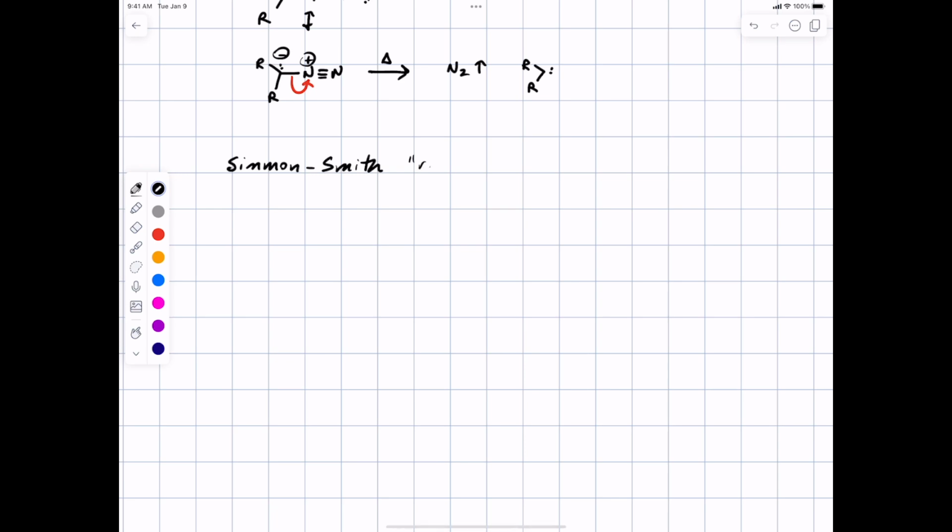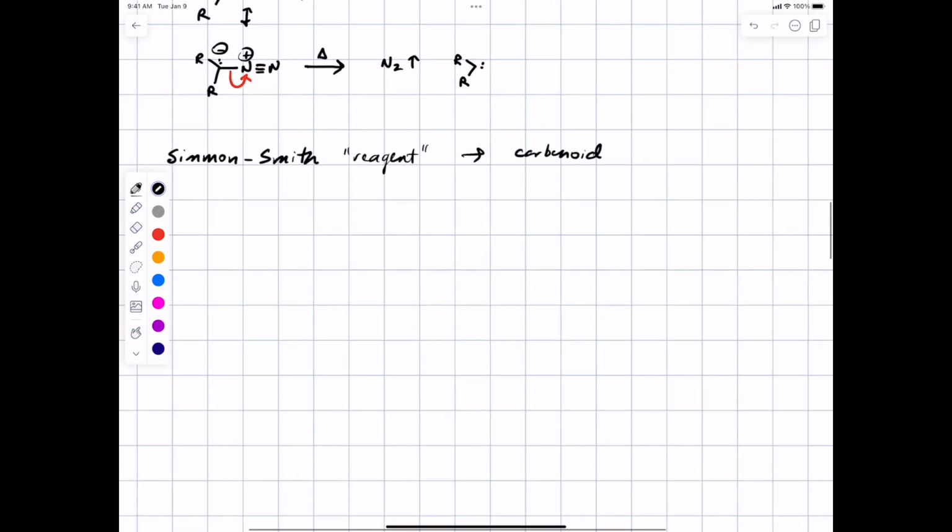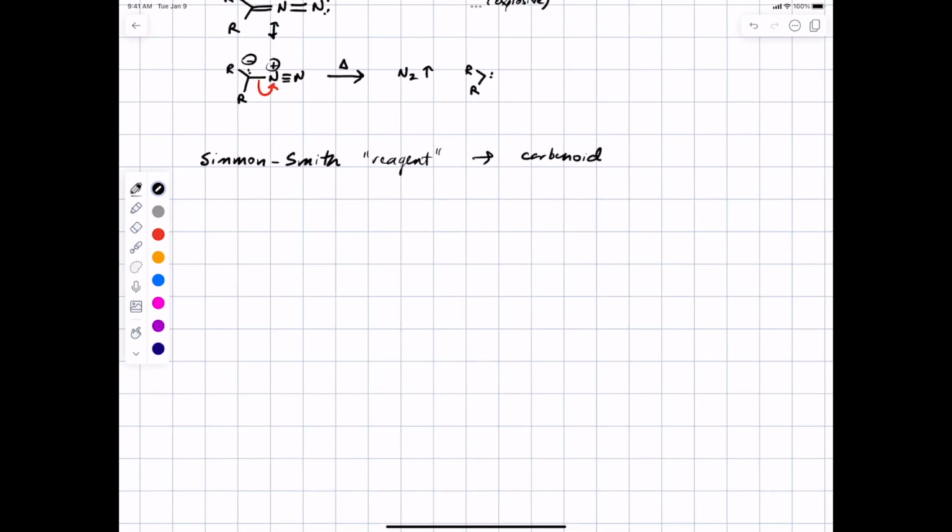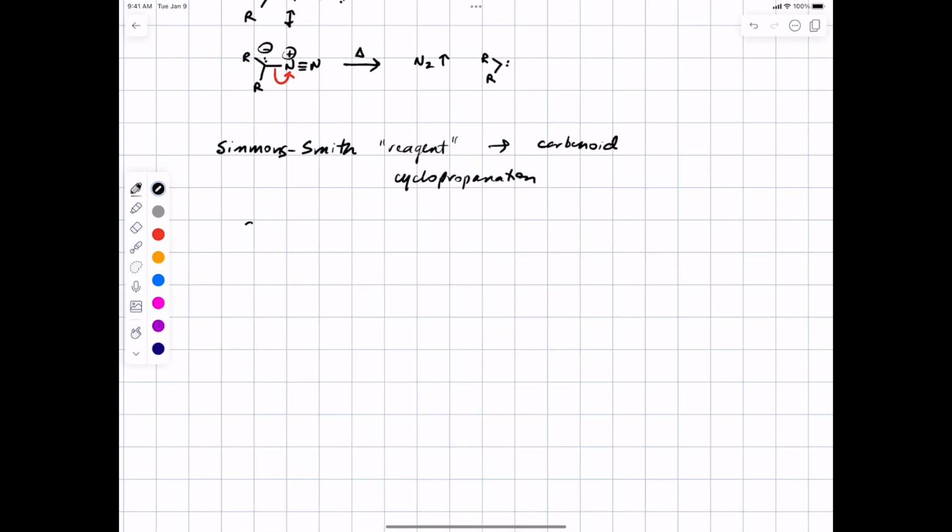Simmons-Smith reagent basically generates a molecule that reacts like a carbene. They call it a carbenoid. And you'll sometimes hear people talk about the Simmons-Smith cyclopropanation. You ever heard of that? Vaguely? No? So the idea is you take